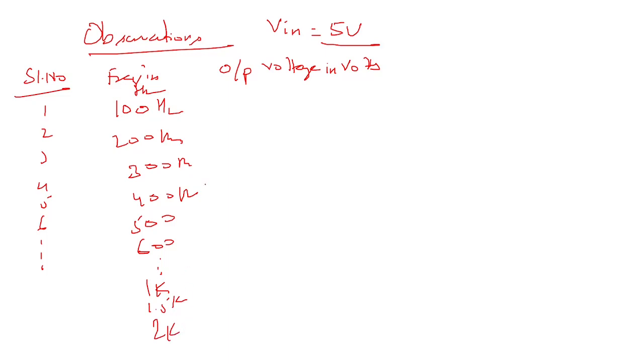You take all these readings and note down the voltages here, and we will see that the voltage at 500 hertz has to be maximum, compared to all earlier readings and all readings after that. If we show that, we can show that at resonance the current was maximum, the impedance was minimum, and therefore the voltage across R is maximum. So this is how we can take the readings for this experiment.